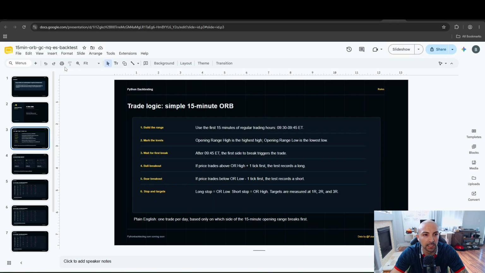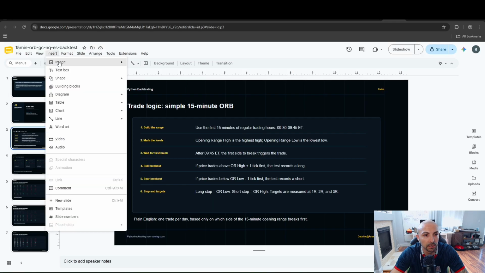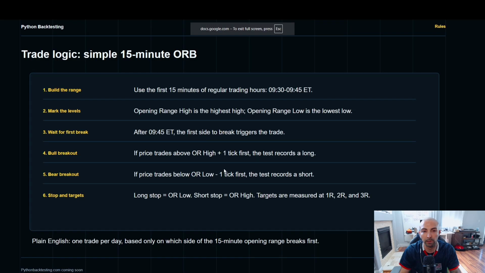And so with that being said, let's jump into the logic, and then we will look at the logic on a chart, and then we'll go into the results. So the trade logic for this simple 15-minute ORB is it uses the first 15 minutes of regular trading hours, so the 9:30 to 9:45 candle, New York time. It marks the opening range, or that 15-minute high and the low. It waits for the first break, so after 9:45 New York time,